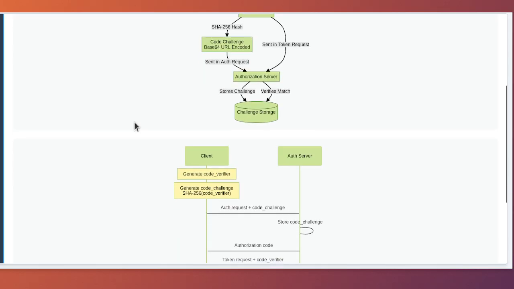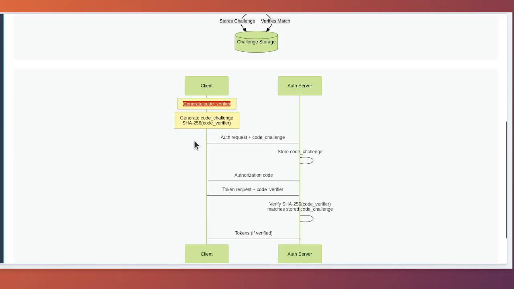Before starting the authorization flow, the client generates a random string called a code verifier. This code verifier is a cryptographically random string between 43 and 128 characters long. The client then creates a code challenge by applying a transformation to the code verifier, typically using SHA-256 hashing. The code challenge is sent to the authorization server during the authorization request, while the code verifier is kept secret